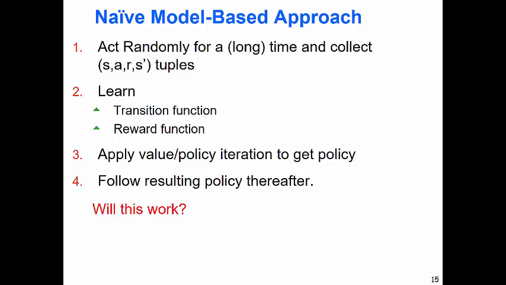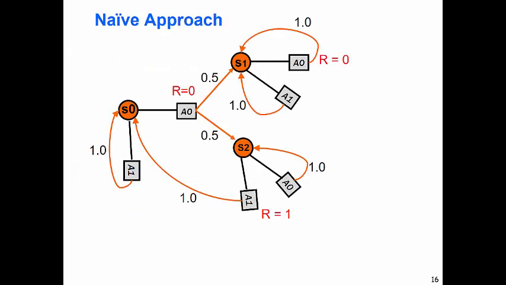So this does have problems, and this slide is showing the issue that can come up. If you were to start your RL algorithm right from scratch, and you start in S0 and then you take A0, if you end up here, this is what we call a dead end. I don't have the reward function here, but it's reward 0. And once your agent ends up there, you're kind of hosed. There's nothing it can do. It can't learn any more about the rest of the MDP. And this is analogous to you have an RL agent driving a car from scratch, and it drives off the road and crashes, and that's the end of its learning.